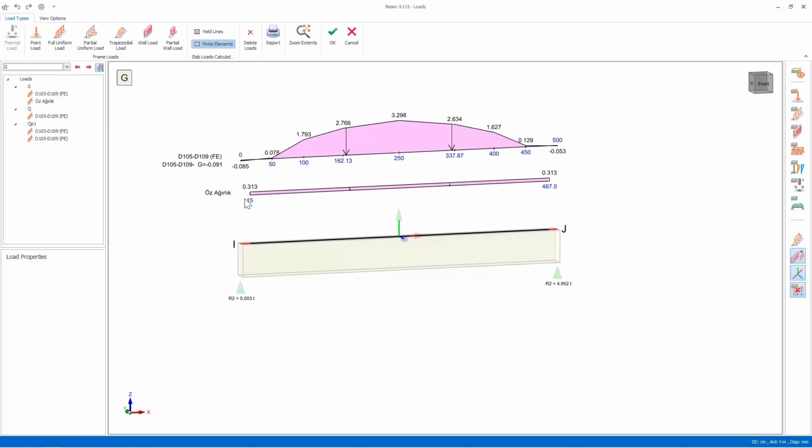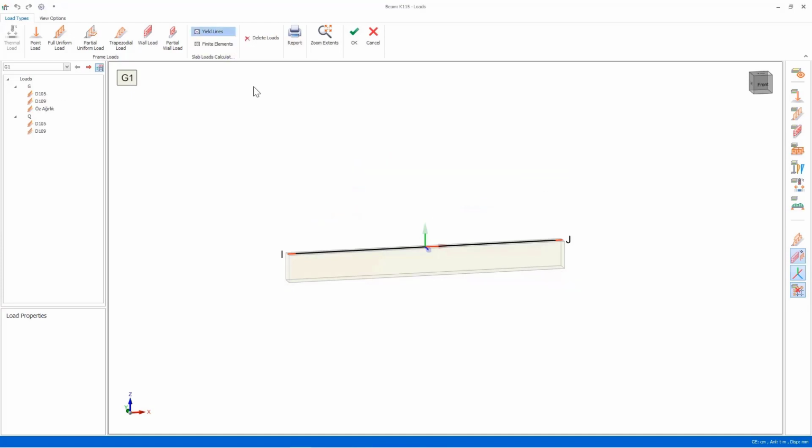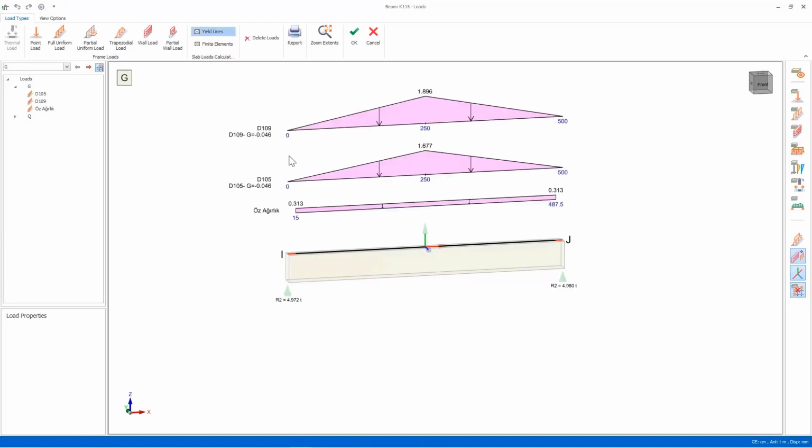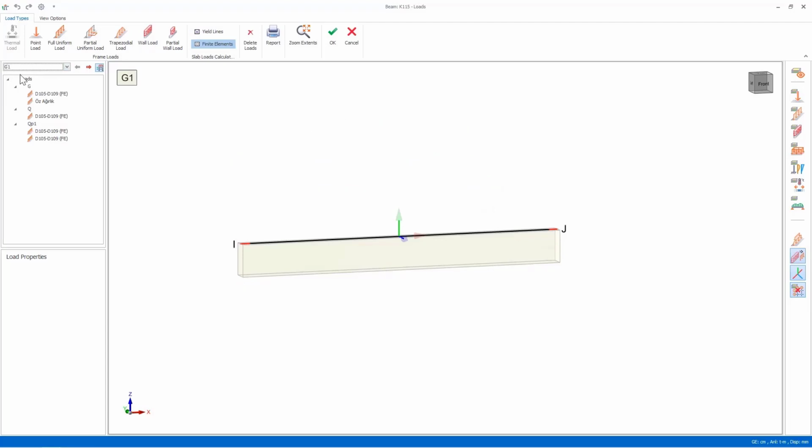In the case of automatic G-load, the self-weights of the beams are also calculated automatically and acted on the beam as a distributed load between the columns. In addition to the self-weight, the loads transferred from the slabs to the beams in the case of G-loads will also be shown. If you have made the distribution of the slab loads using the yield line or load decomposition by finite element methods, you can examine them by clicking the options in the toolbar. Before defining a load, you need to make sure that the load state you want to use is selected from the list of load states on the left.